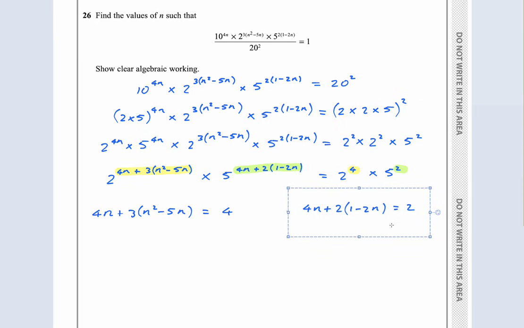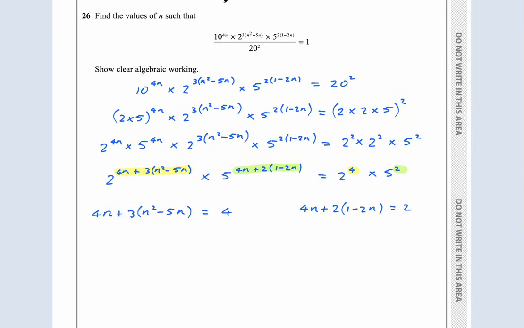Okay, let me move this here. Now we're going to solve this. Okay, I'm going to multiply it out now. 4n plus 3n squared minus 15n equals 4. Let's go 3n squared minus 15n plus 4n is minus 11n minus 4 equals 0. I'm going to factorize this, guys, into 3n